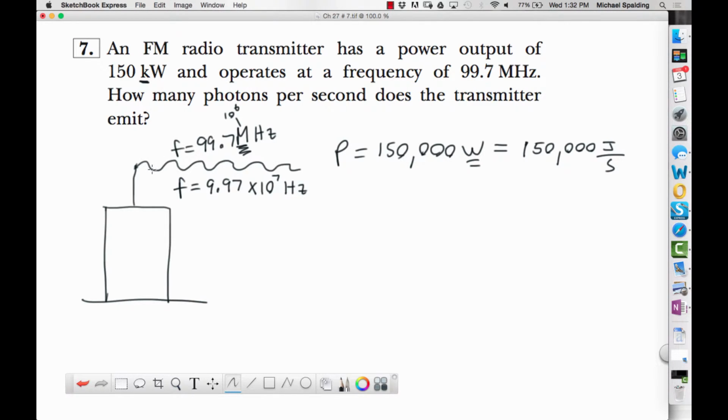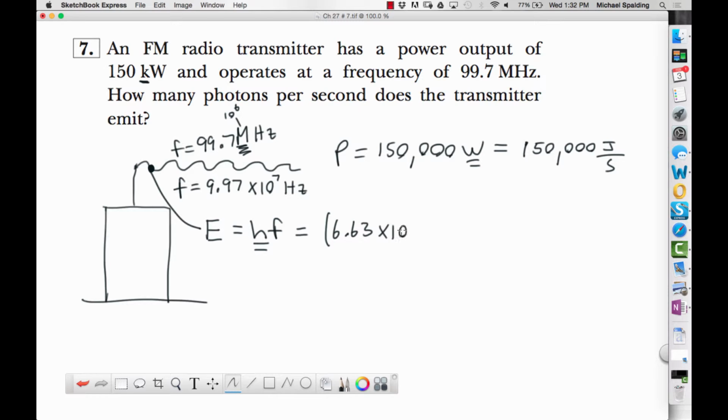Now, let's focus on one photon of this radiation. Can we calculate the energy of a single photon in that wave? E equals hf. If you pull out your College Board equation sheet, there is a version of Planck's constant that uses joules, and a version that uses electron volts. Which one should we use? We want joules, because power uses joules. A watt is a joule per second. So the joule version of Planck's constant, which you don't have to memorize because you'll have it on the equation sheet, is